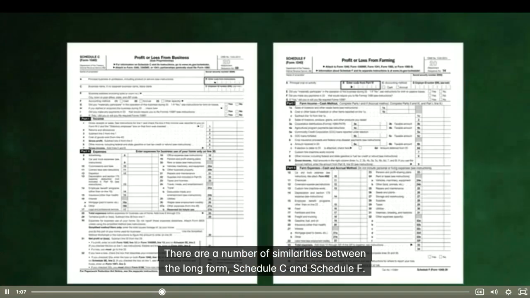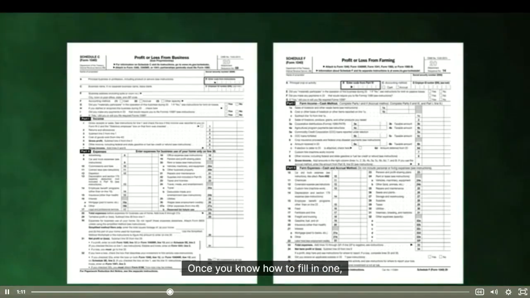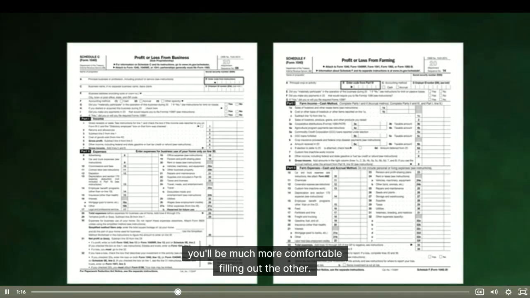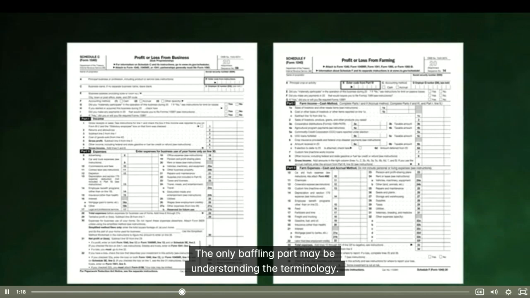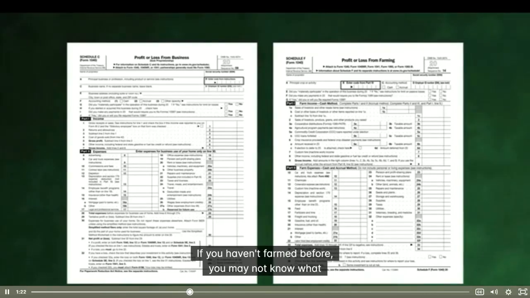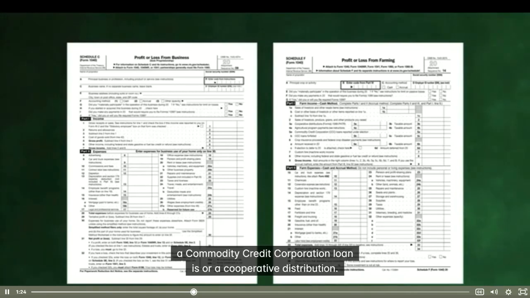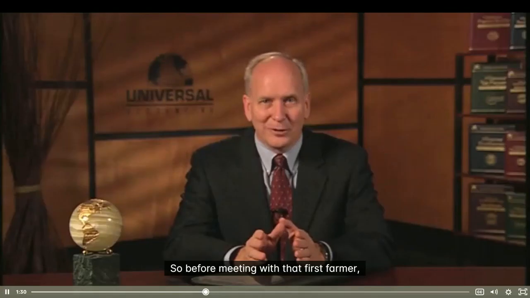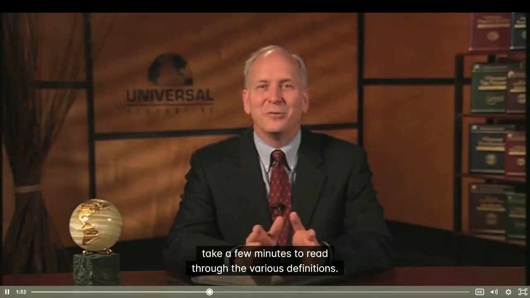There are a number of similarities between the long-form Schedule C and Schedule F. Once you know how to fill in one, you'll be much more comfortable filling out the other. The only baffling part may be understanding the terminology. If you haven't farmed before, you may not know what a commodity credit corporation loan is or a cooperative distribution. These are all defined in the book, so before meeting with that first farmer, take a few minutes to read